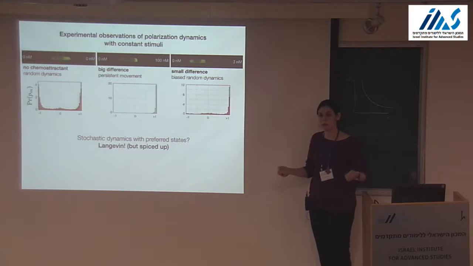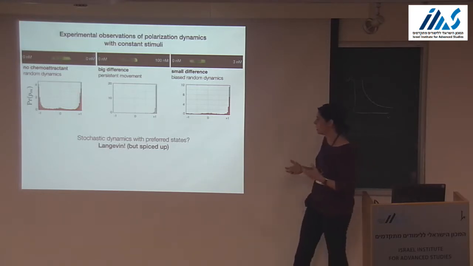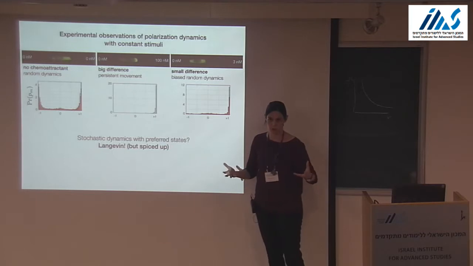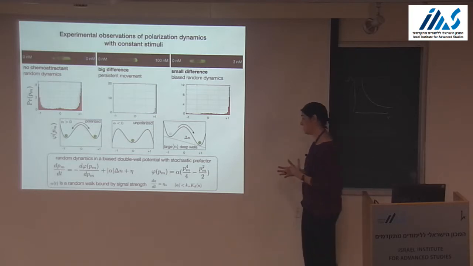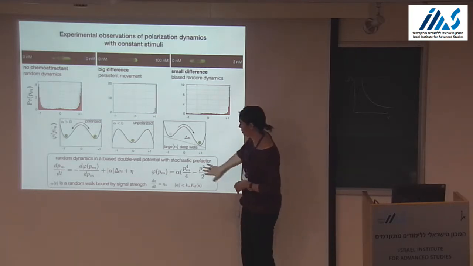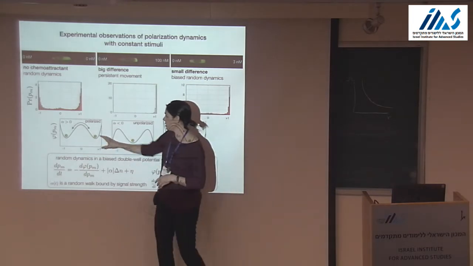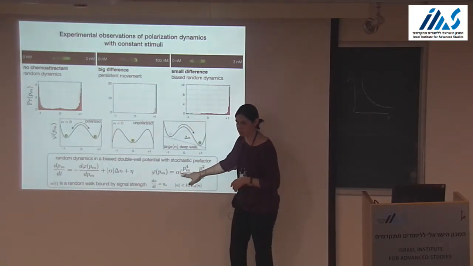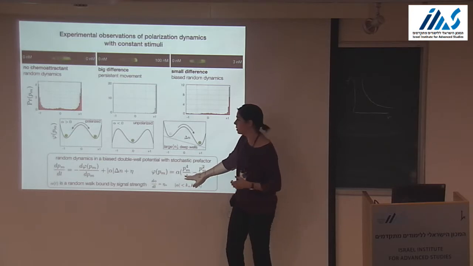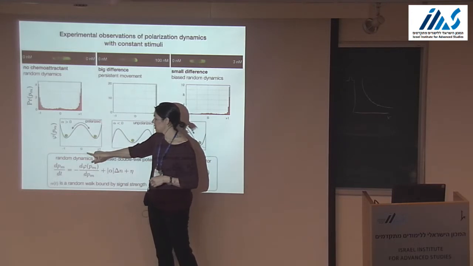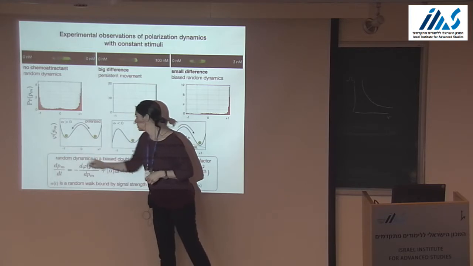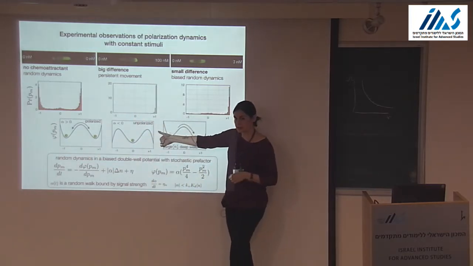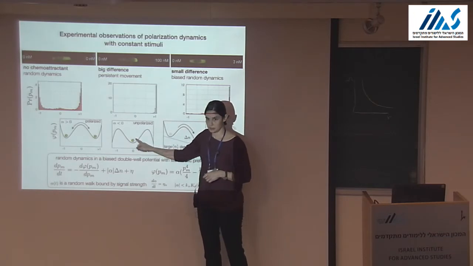This suggests, hey, maybe we can use a Langevin equation with some kind of effective potential. This is, of course, not a real potential. So what we're going to do here is make an educated guess. We choose a double well potential, where you see here that we have the prefactor alpha, which is the sensitivity, basically, since we're looking at the sensory system. So in this case, the stable states are the polarized states, and you can go between right and left, or +1 and -1. If you now flip the sign, the stable state is the unpolarized state.